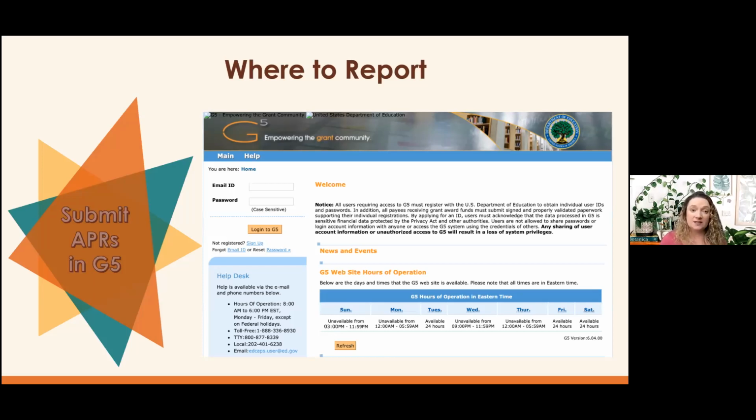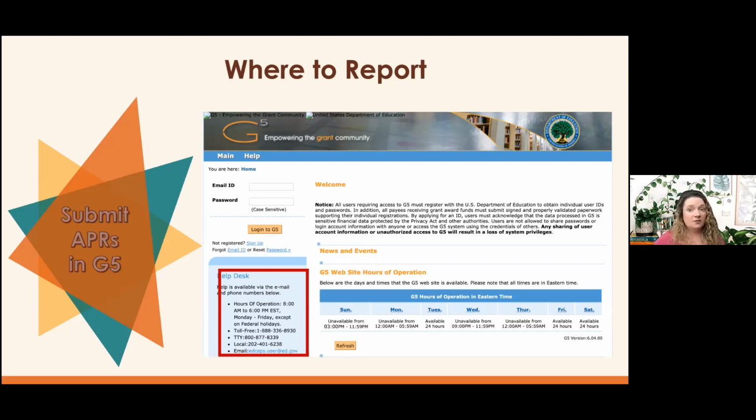Now, if you look at this and you realize we have the wrong person down as project director, or you can't get into G5 and don't know what's wrong, there is this help desk right here. Keep in mind that it is open, as you see, from 8 to 6 Eastern time, Monday through Friday. You'll see there is a toll-free number, and there's also an email address where you can reach out. They can help you with any of those things where your G5 account is maybe not functioning the way it is supposed to work.